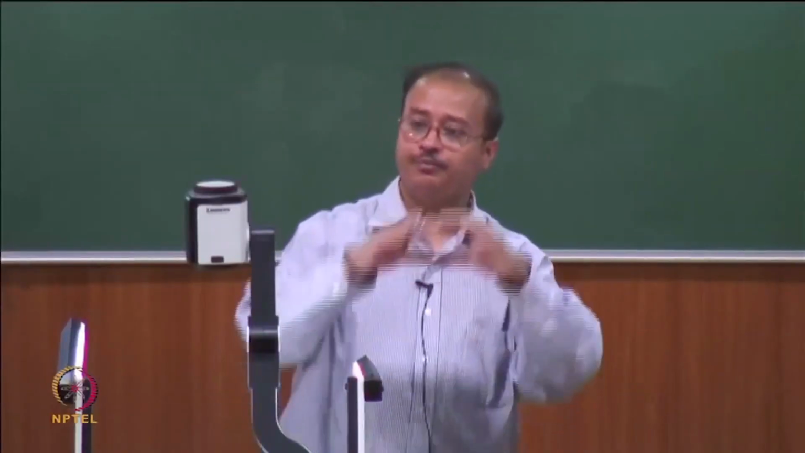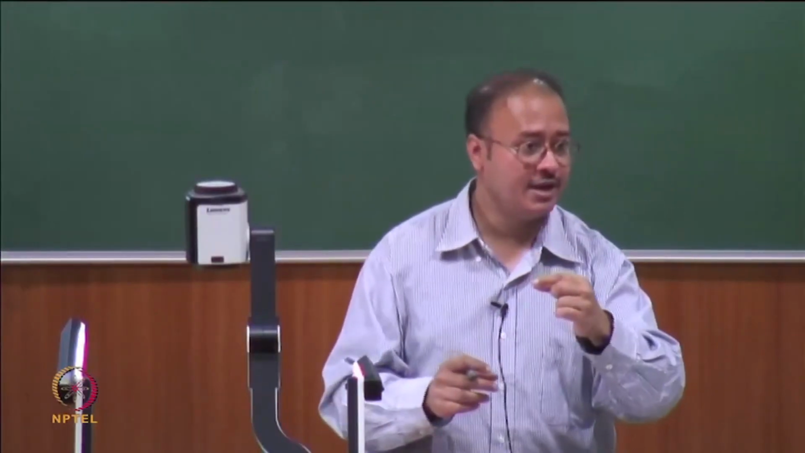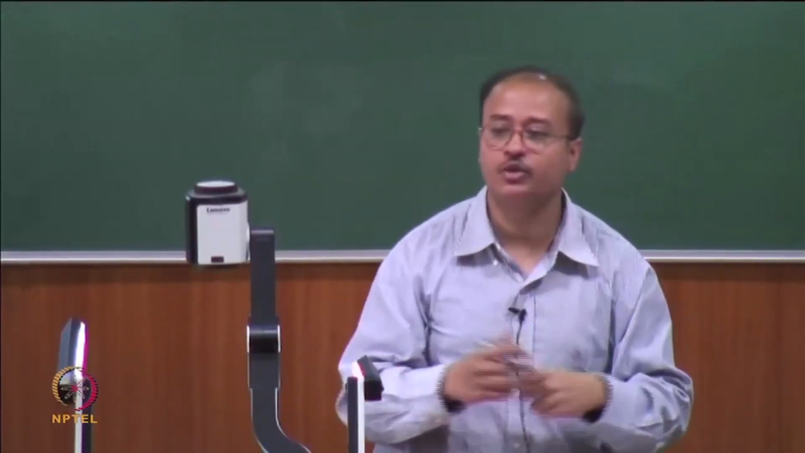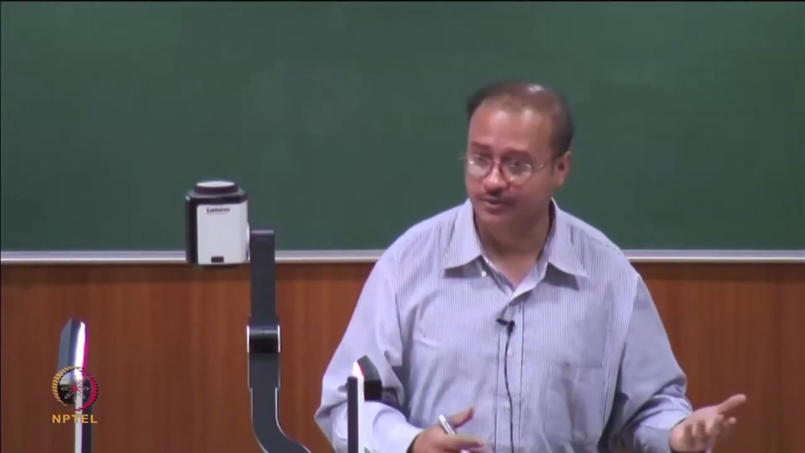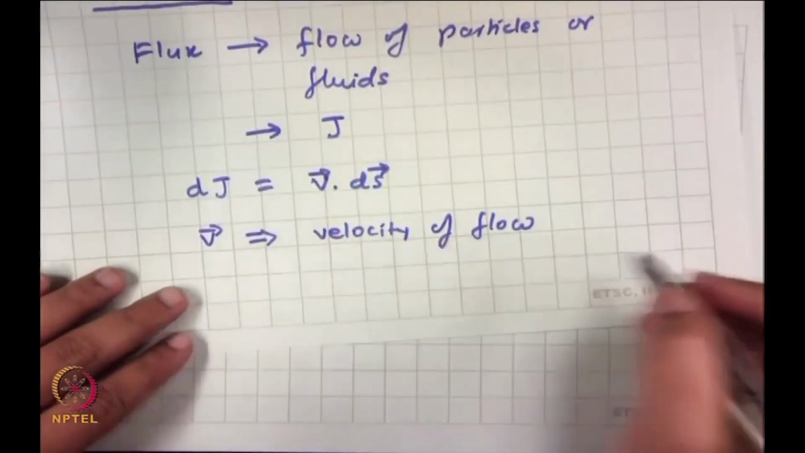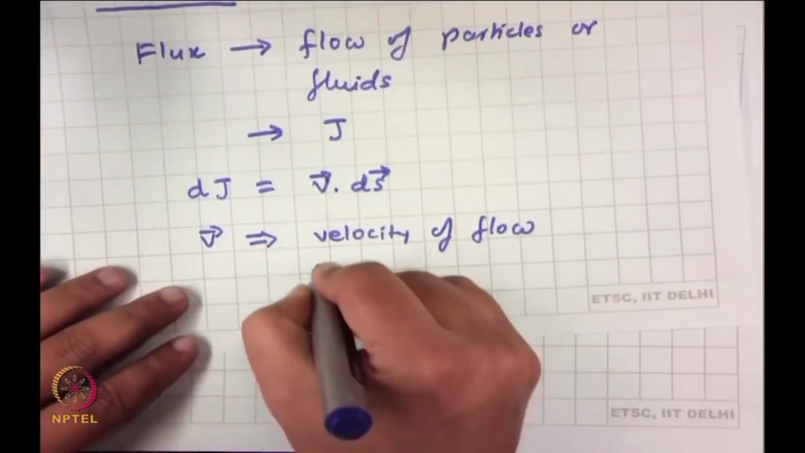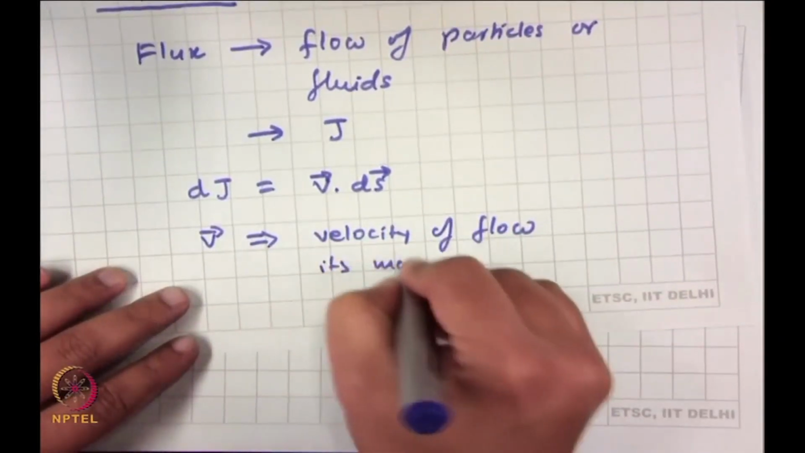Now, if you consider a certain surface, a surface would be made up of very small elements ds, and hence if you would be integrating over the whole surface, what would you get? You would get the total flux, which is j, right. That is what you are trying to look at. So, this velocity of flow is essentially what? Its magnitude. So, v is the velocity of flow, its magnitude